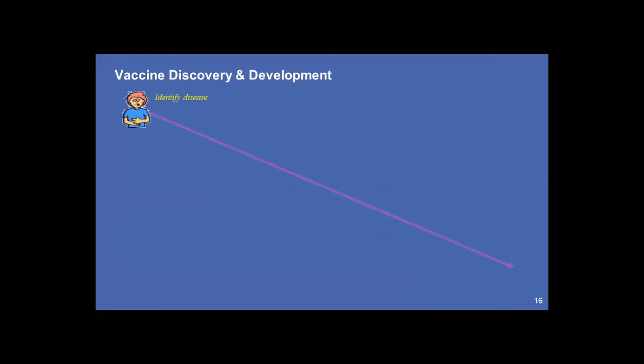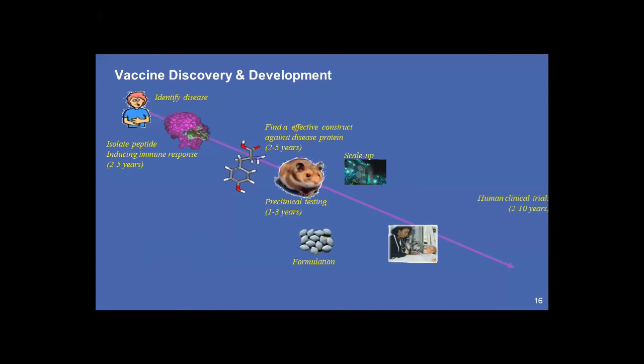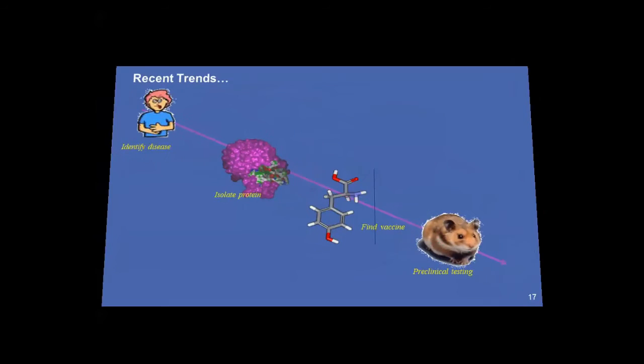So vaccine discovery is, you have to identify the disease and then you have to isolate the peptide, and this takes 2 to 5 years. And this isolation further goes with a step of preclinical testing, and then again it goes to the formulation. And so this is the traditional method, while the introduction of new techniques in vaccine design is reverse vaccinology